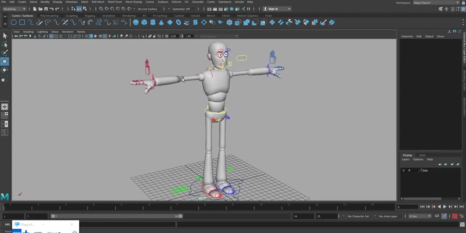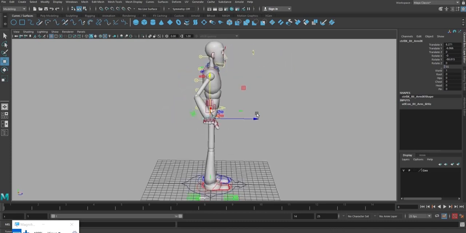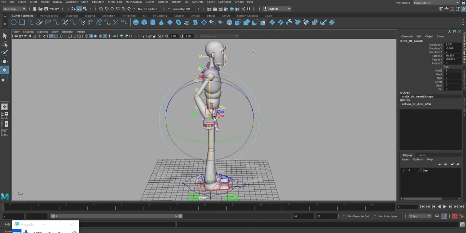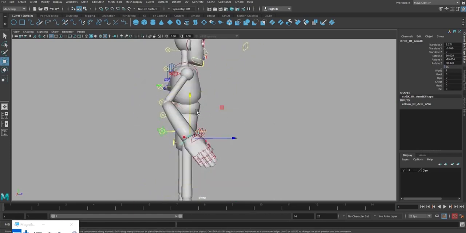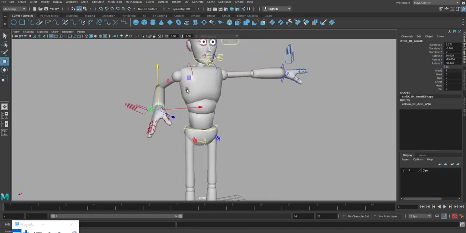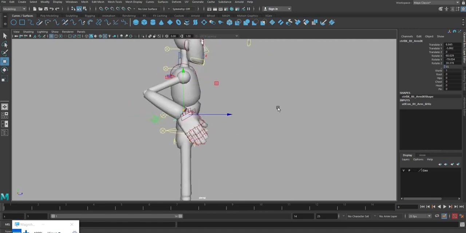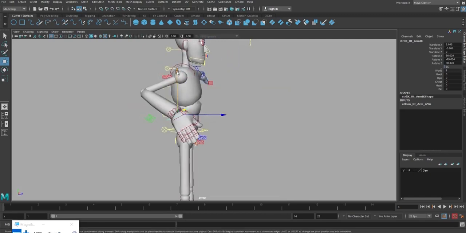Say for example, this is a human arm, right? A human arm works in this way. So we will take three simple joints. We will apply the IK handle first, then we will see how it works.